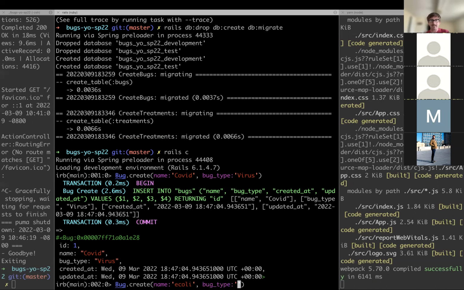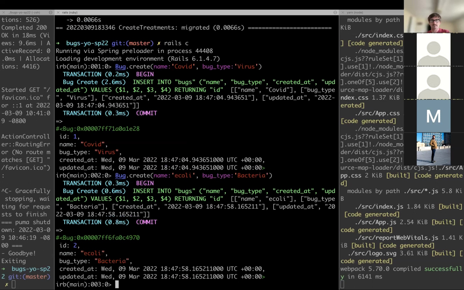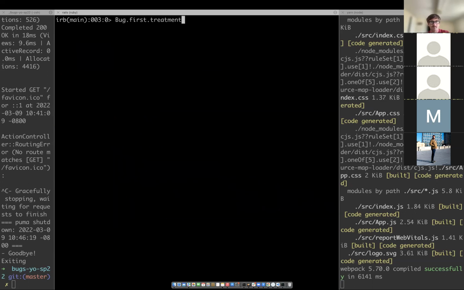Okay, so now I come in, I create a couple bugs. So that's working. So I can now do bug.first. So I should be able to do bug.first.treatments.create, that has a name. So my bug.first, that's COVID, right? So that's like